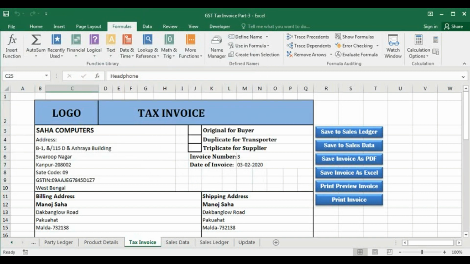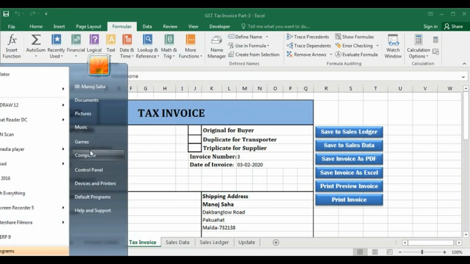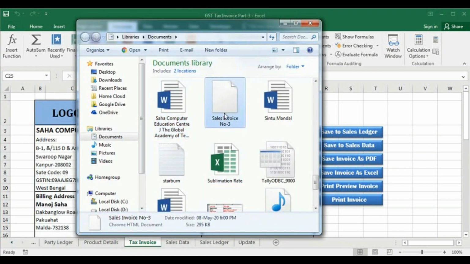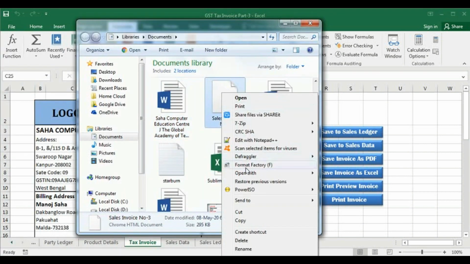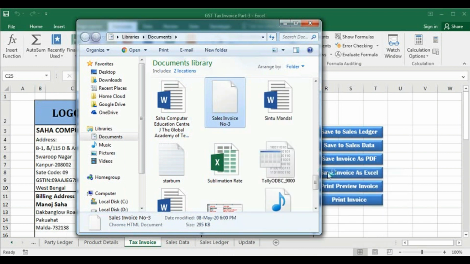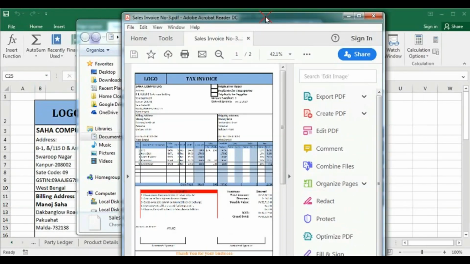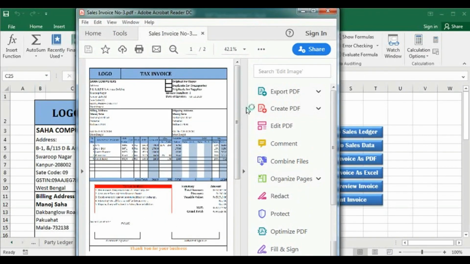You can see, let's open my document folder. So sales invoice, you can see this invoice has been copied, print as PDF. So this is the PDF format of the invoice.